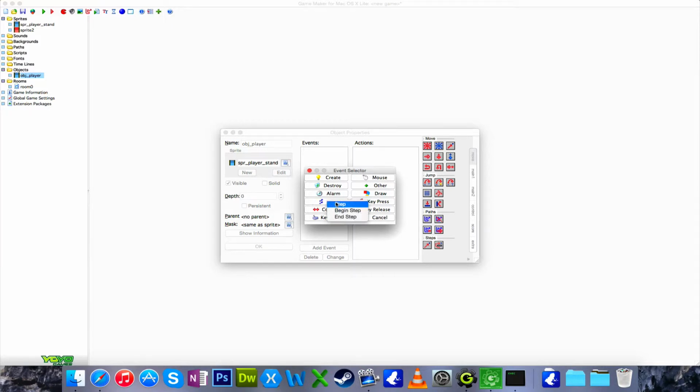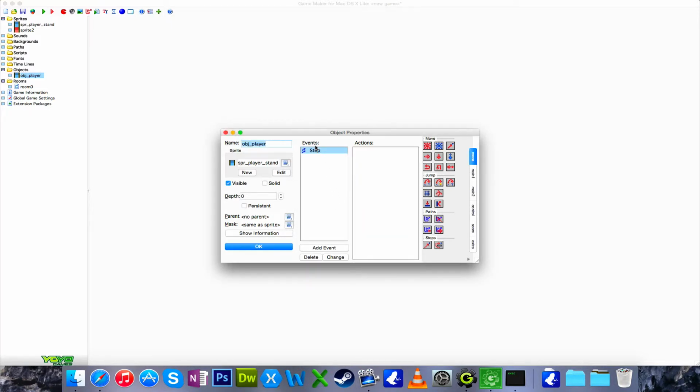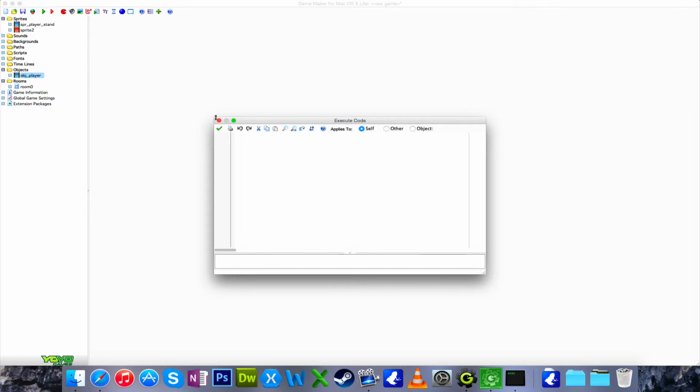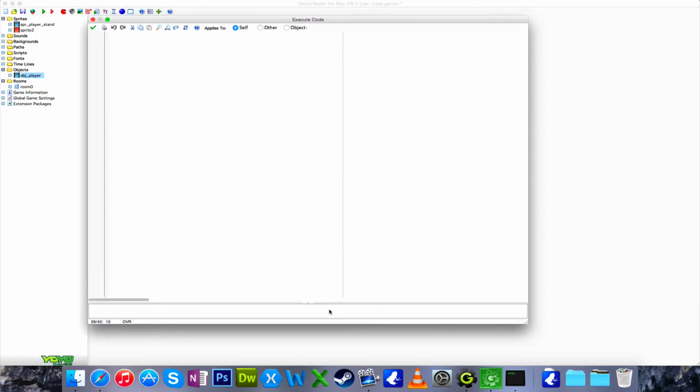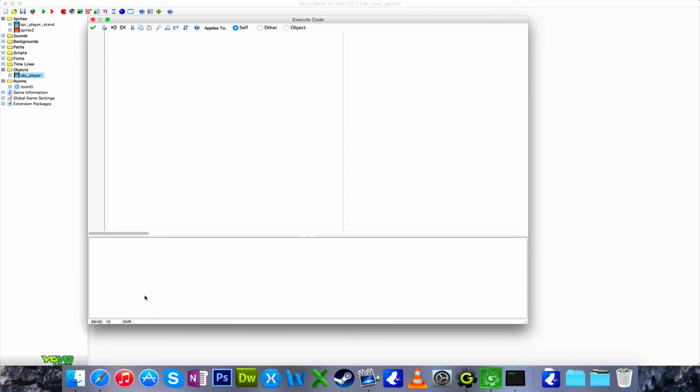It'll be a step event. So let's go into control and take the code called execute code. This one, drag it in, stretch it out. This is where you do the code. This is where all the programming is happening, and down here is a little helper box. Okay, so let us go in and